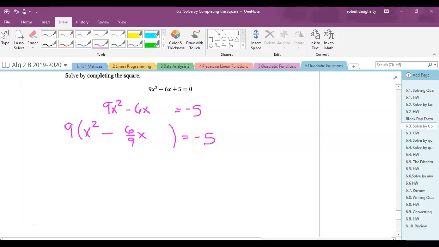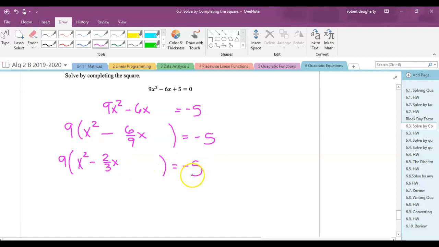That's a little bit different. Normally you're thinking, oh, I can factor a 3 out of there. You can, but we are required to factor a 9 out so that I can get this in the form that I can complete the square. Now 6/9, I can make it a little bit easier if I rewrite that as what? 2/3. Okay, so this is 9 times x squared minus 2/3 x